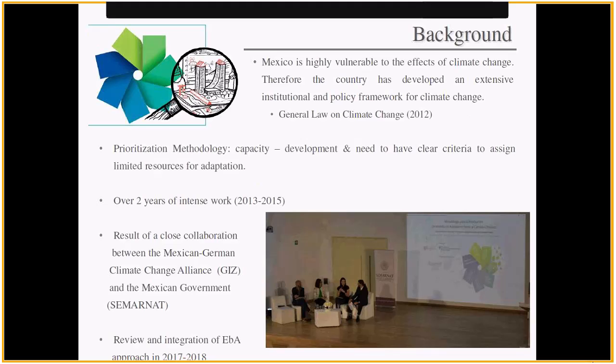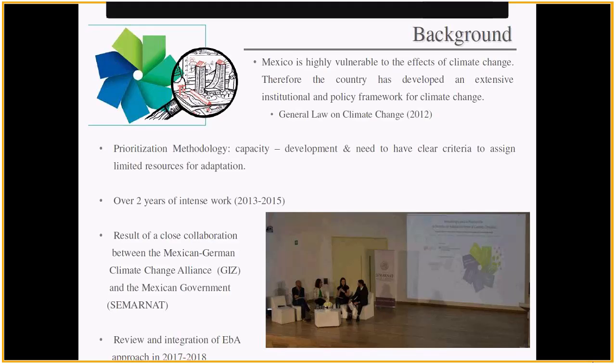We have been working together since 2012-2013 in order to support the consolidation of the national climate change policy. And one of those collaborations was to explain what adaptation is, how we could understand it, and how we can apply it within the process of policy planning and policy implementation within the territory and the country.